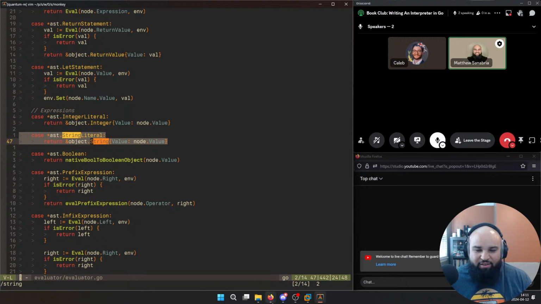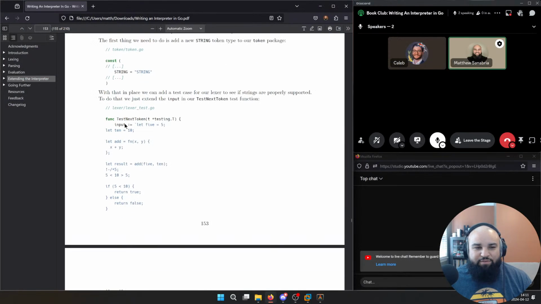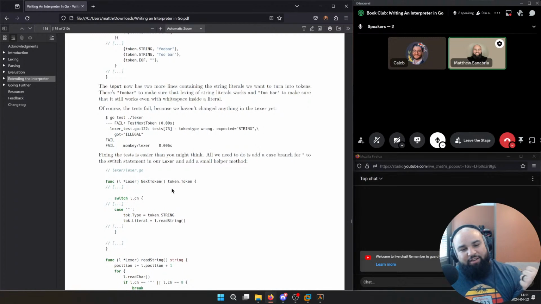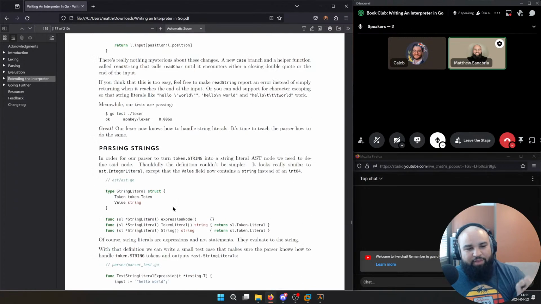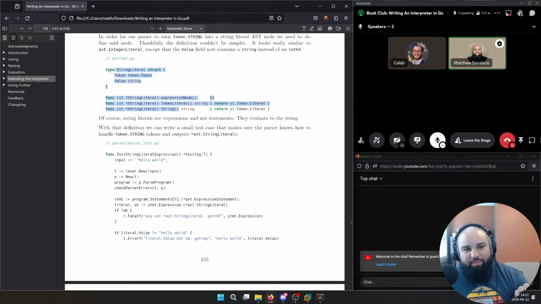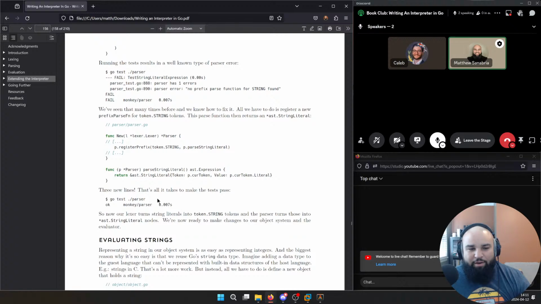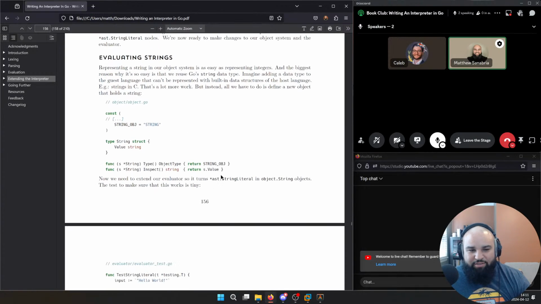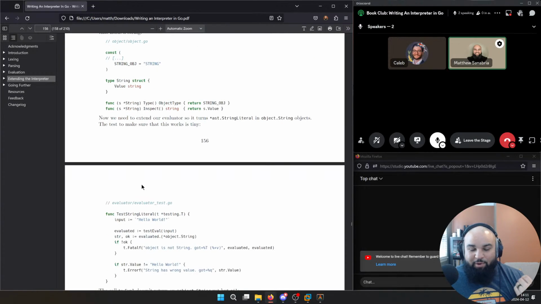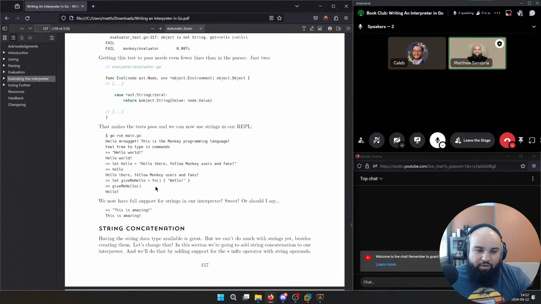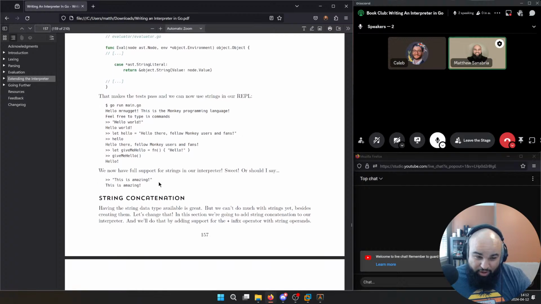That's literally all we needed to do, at least from what I remember from the reading. We just update the lexer with these little lines, update the parser with these, with the type, and then update the evaluator to actually evaluate the strings. So really small code changes for a big improvement on the language. Now we have strings. That was pretty much it for strings.